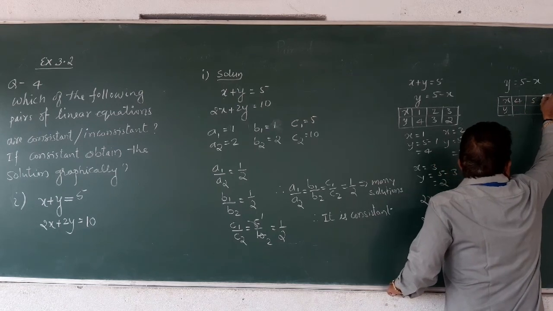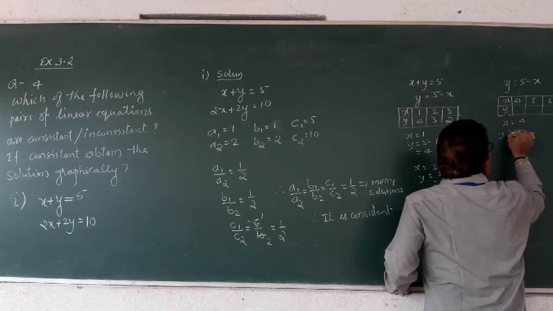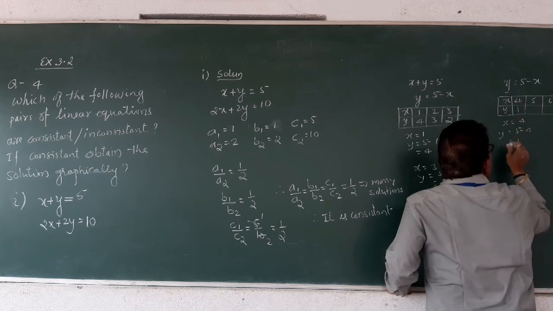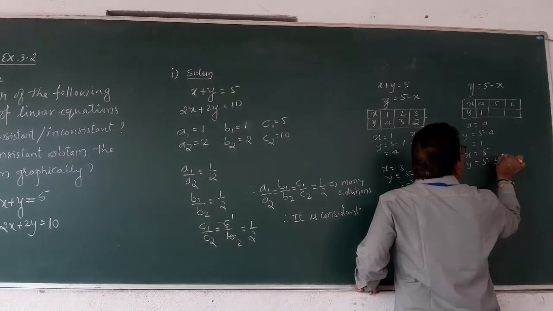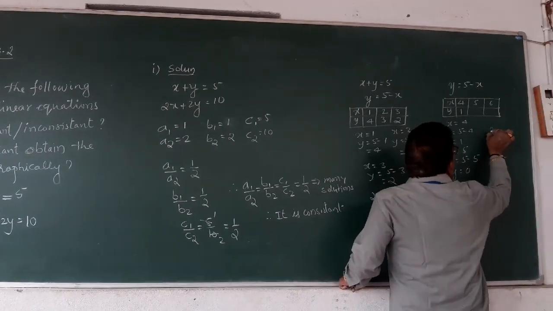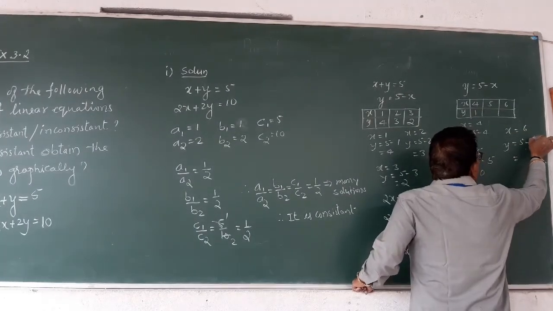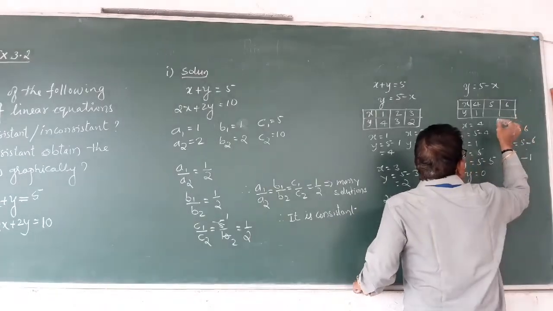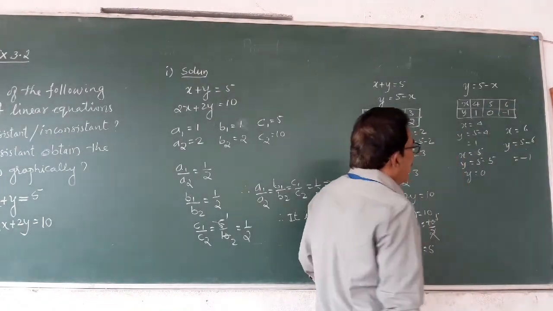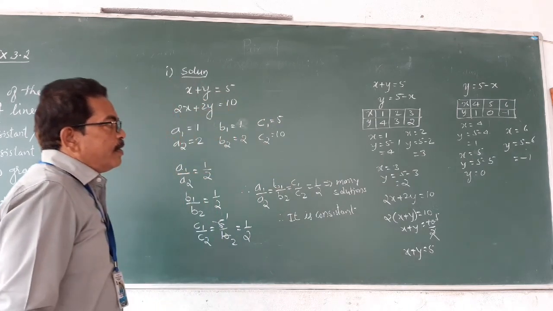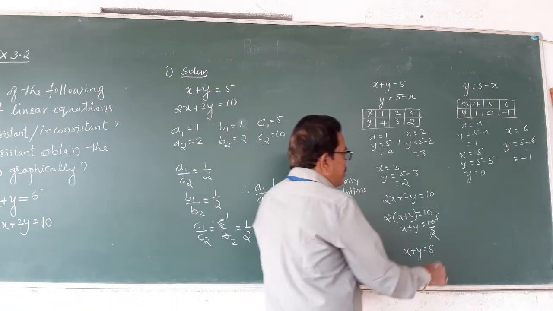When x equals 4, y equals 5 minus 4, that is 1. When x equals 5, y equals 5 minus 5, that is 0. When x equals 6, y equals 5 minus 6, that is minus 1. Then, for the graphical representation,